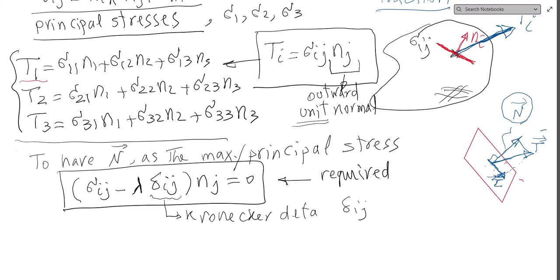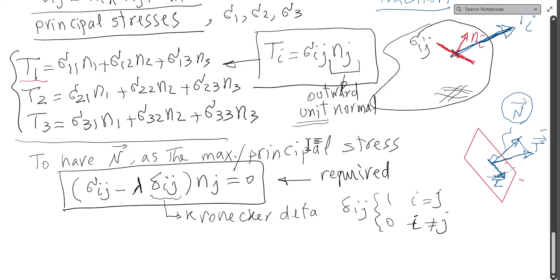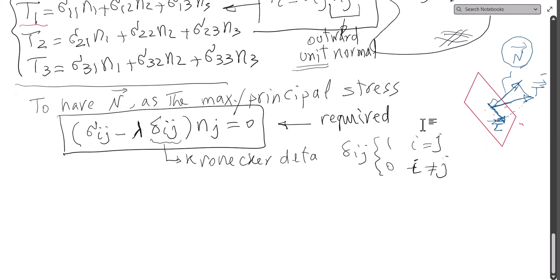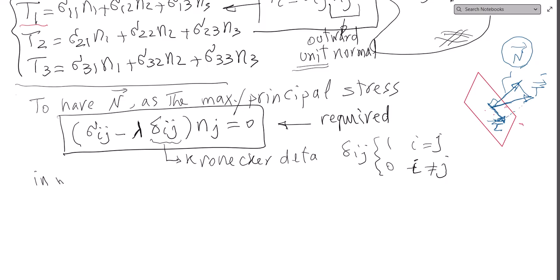And to refresh you, delta ij is 1 if i equals j, and is 0 if i is not equal to j. Sigma ij is our stress tensor, lambda is a parameter here, and n is our normal to our plane. So this is very good. So if you write it in matrix format,